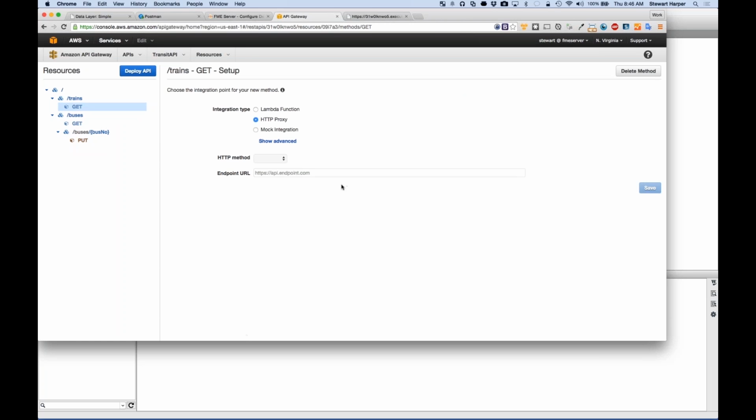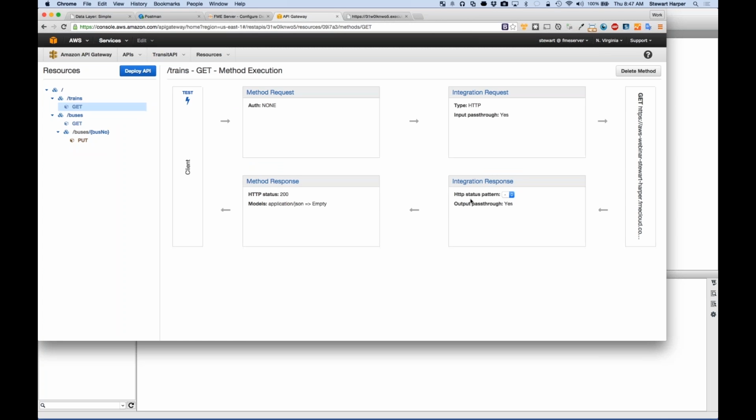And now what it's saying is, okay, which implements it. Exactly. What do you want to call in the background? And look here, you can call a Lambda function. But we want to call HTTP, and we would call FME Server directly here like this. Obviously, this is for trains. It's just an example, but you can see the idea. And then the HTTP method would be GET, would it? Correct. So we do that, and we save that, and then once we have that, what it's